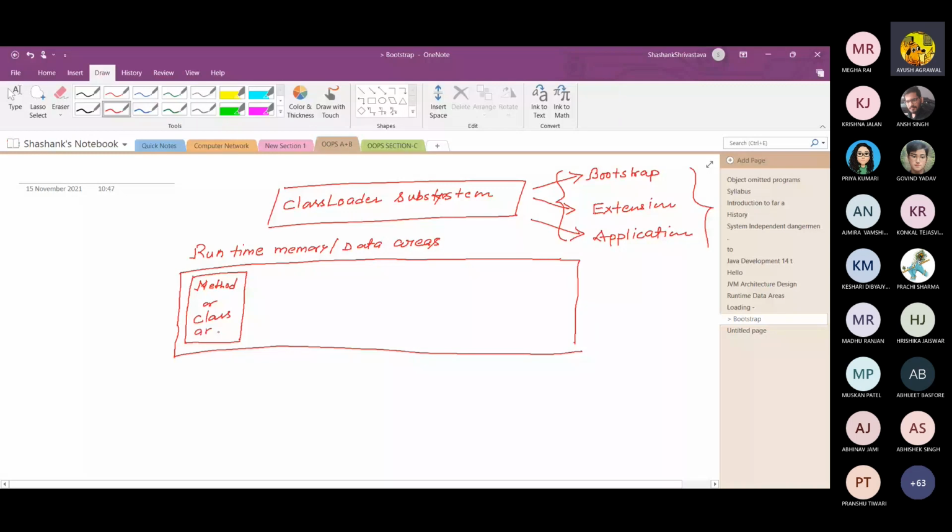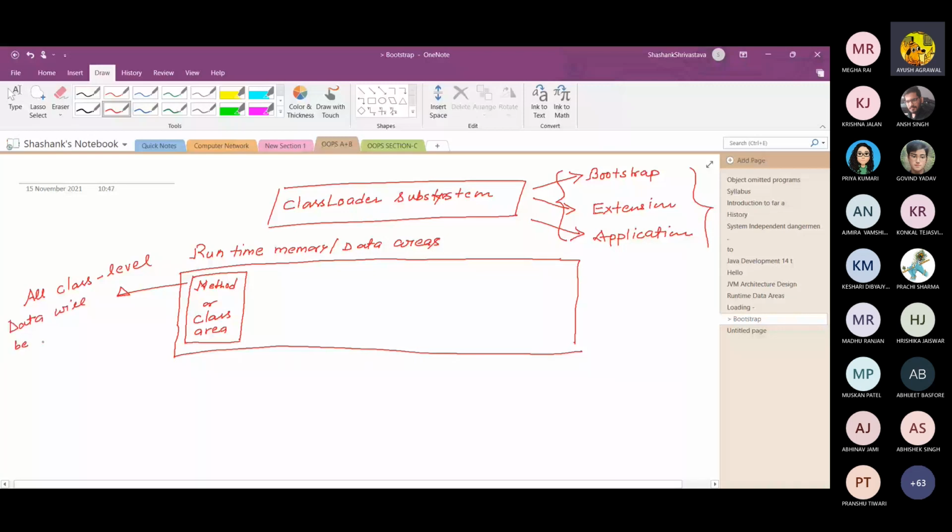When the class loader loads any bytecode into memory, all class level data are stored here in the method area.